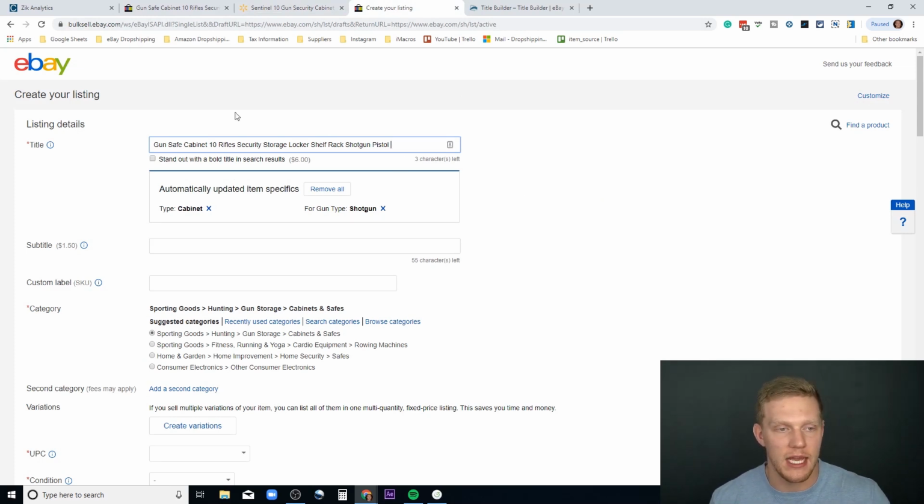Gun safe cabinet, 10 rifles. It says it fits 10. Security storage, locker, shelf, rack. Locker shelf, there's racks inside, that's fine. Shotgun, pistol. So now if you put a space after pistol, because spaces do count as characters, there's only 3 left. So the only thing I would really do here is if you go to